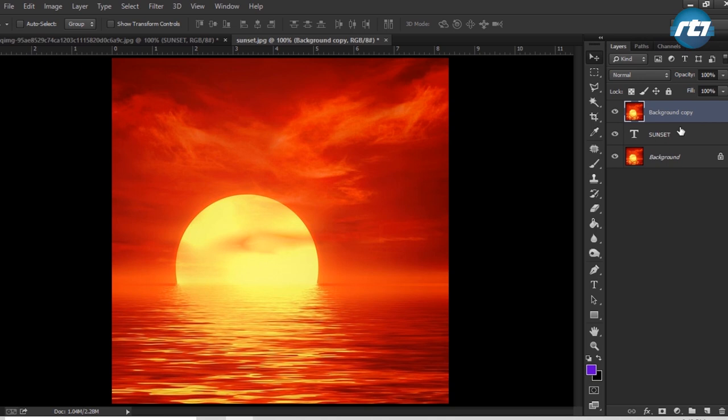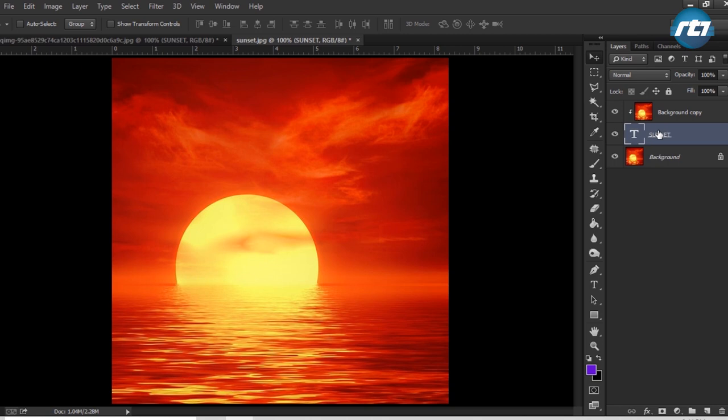In my previous tutorial I showed how to perform a clipping mask, so we'll perform the task again. I will bring the mouse cursor exactly in between this sunset layer and the background layer. So this is the line, and I will press the Alt key. This symbol appears, that means I can perform the clip mask. Now as soon as I click it, the background layer has a symbol of this curved arrow. That means the clip mask has been performed.